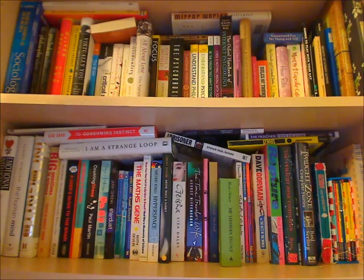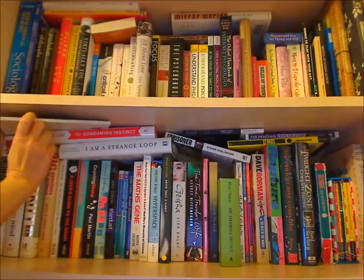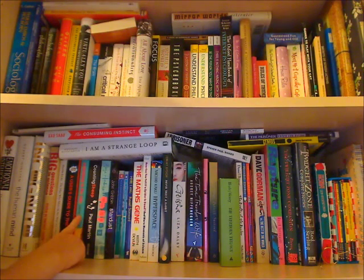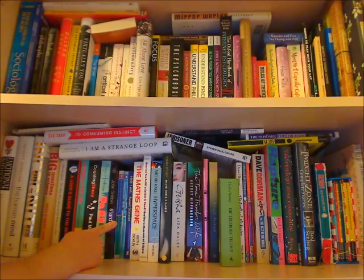So to start with this shelf, we have the Victorian Asylum, Emotional Intelligence, The Human Mind, Incognito, The Secret Lives of the Brain, Big Questions in Science, The Man Who Mistook His Wife for a Hat, A User's Guide to the Brain, Sunbathing in the Rain, Counting Sheep, Wasted, Stardust, Black Holes and Uncle Albert, The Time and Space of Uncle Albert, Here I Am, The Maths Gene, How Can You